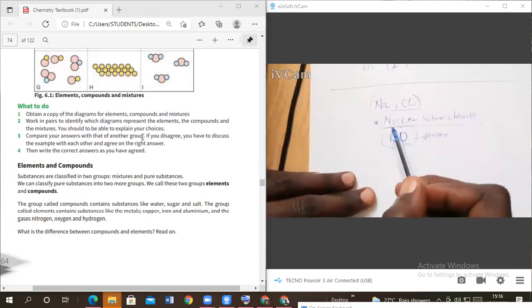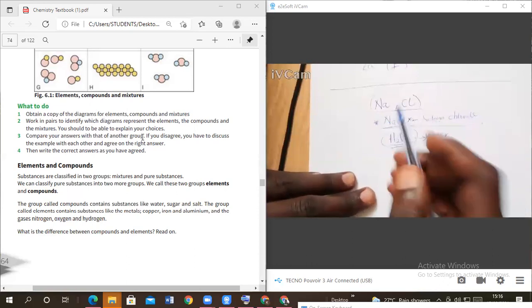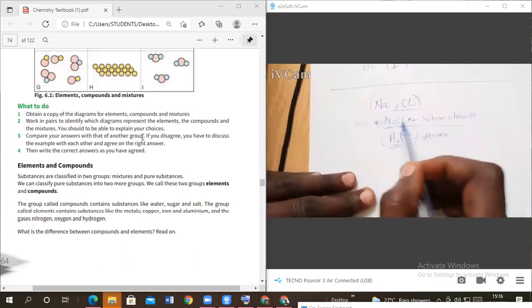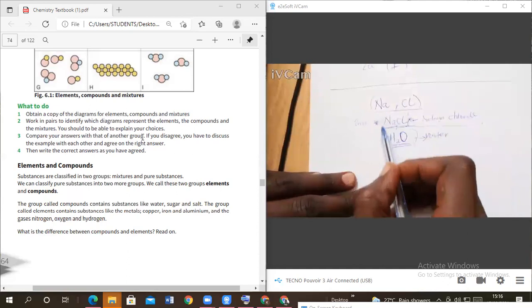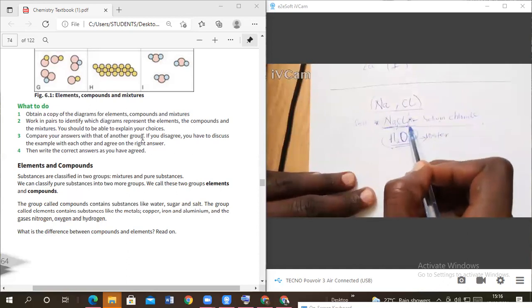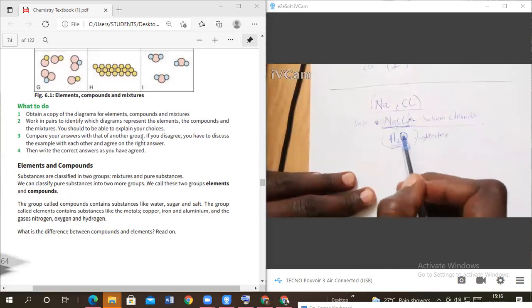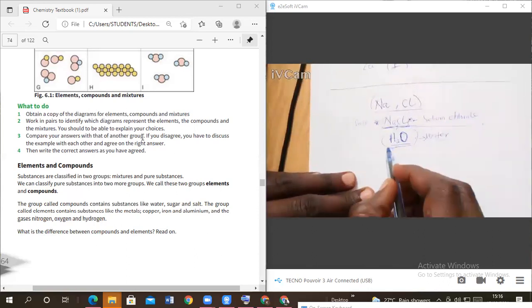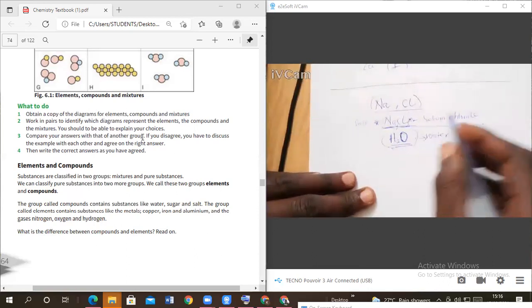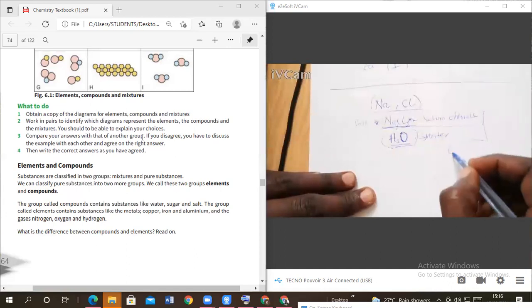So you see that in salt, our so-called salt, we have sodium and chloride. These are two elements combined together, isn't it? Yes. Even in water we have two elements. We have hydrogen and what? Oxygen. These are two elements. So now, if they are telling us all these substances are called compounds,